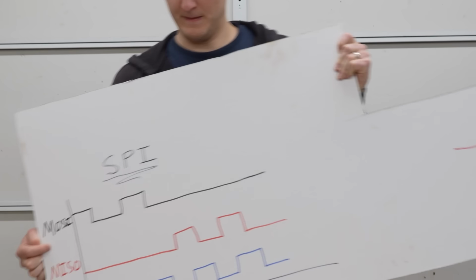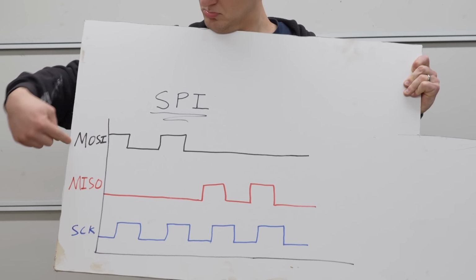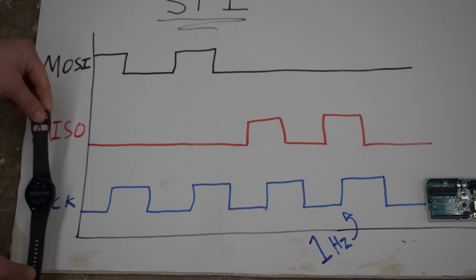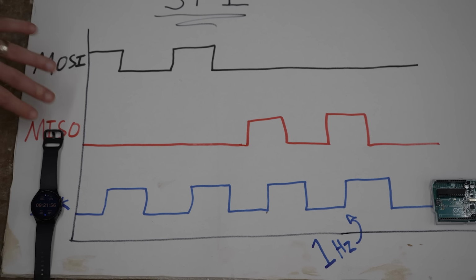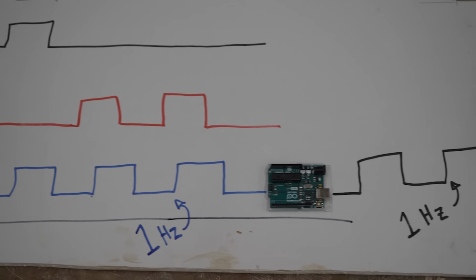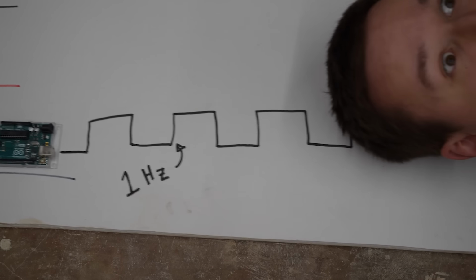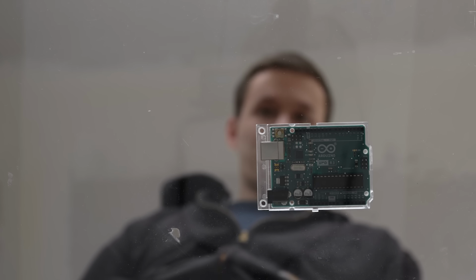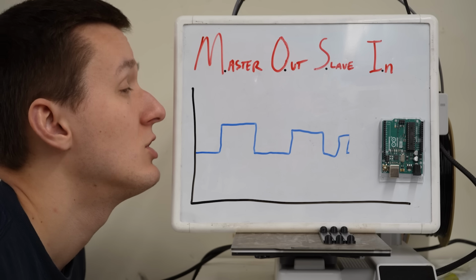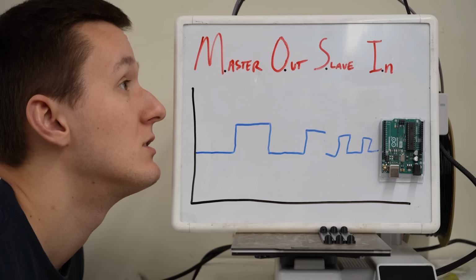SPI is a communication protocol that uses 3 wires, MOSI, MISO, and SCK, with the first 2 being data lines. With this protocol, I can provide my own clock on the SCK wire, which forces the Arduino to communicate in my smooth brain human timescale of 1 bit per second. And now that I've asserted my dominance, I can control the MOSI, aka master out slave in wire, and start sending bits of data with my beautifully square voice.